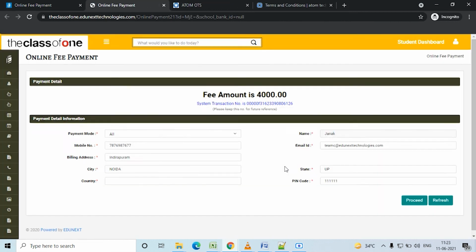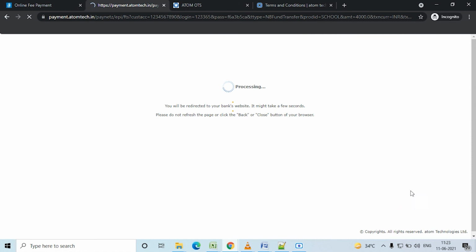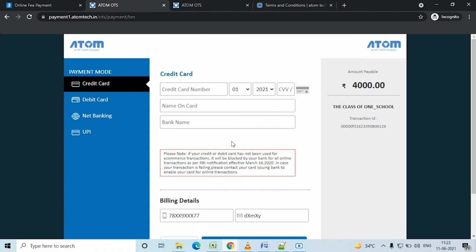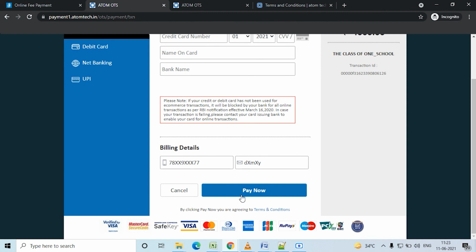Now click on this proceed button, fill in the necessary details and click on the proceed button. You can see you are being redirected to the payment gateway page. Here just fill in the necessary details and click on the pay now button. Once the student pays the fee, he will receive an online fee receipt.